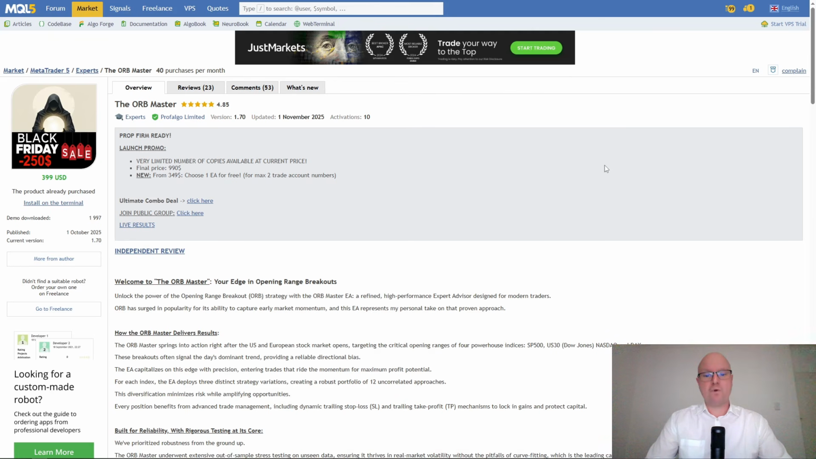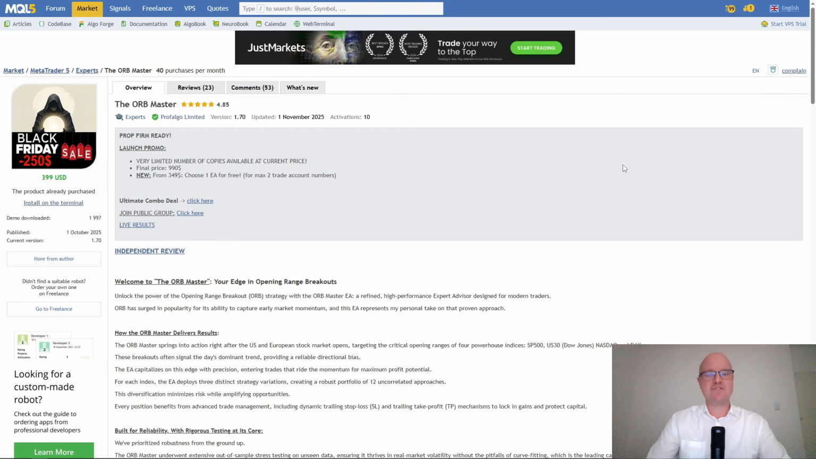Now if we look at some more information about the expert advisor, because it diversifies across the 4 different indexes while incorporating 12 different approaches, it gives us a very diversified way of trading indexes fully automated. On top of that, Profalgo Limited has published multiple EAs on the expert advisor marketplace. So this shows us that they do have a grasp of great programming potential as well as robust set files,